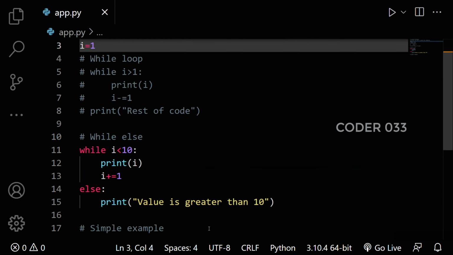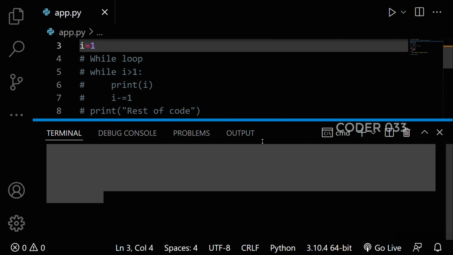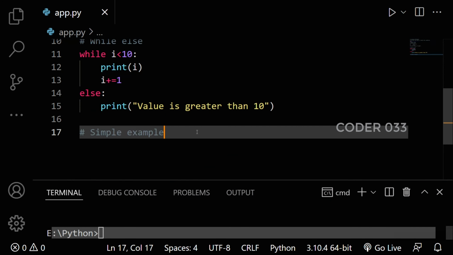Okay, so this is how you use the while else statement. You could also use an else statement in looping. Now coming to a simple example,